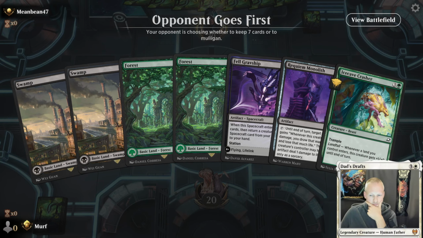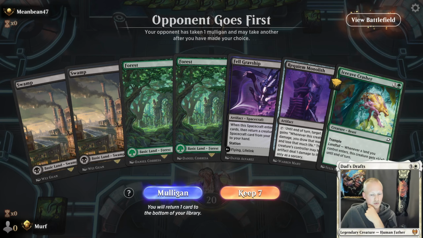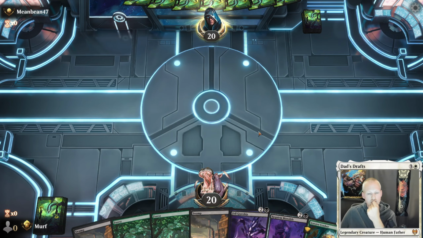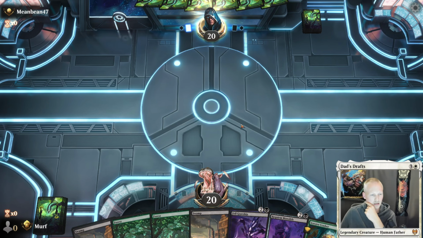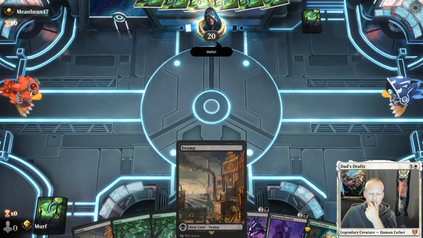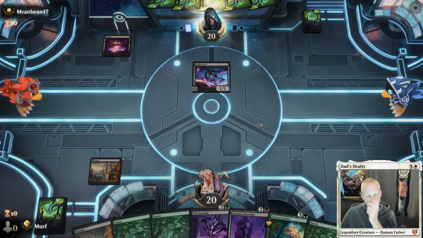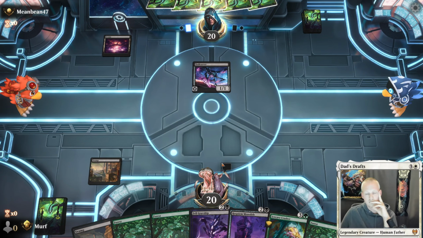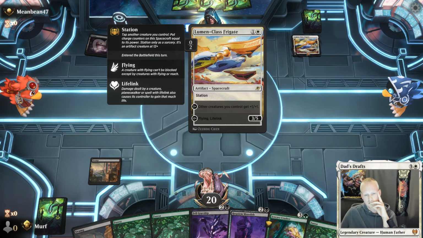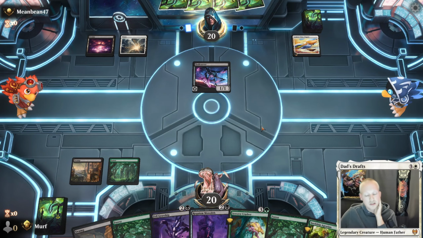Again, little to no 2-drops. But we could draw one and there's a 3-drop. And we have the monolith for great card advantage. But if the opponent is very aggressive, I might regret keeping this hand. But let's at least hope not to be as flooded as the last game. Okay. Okay,